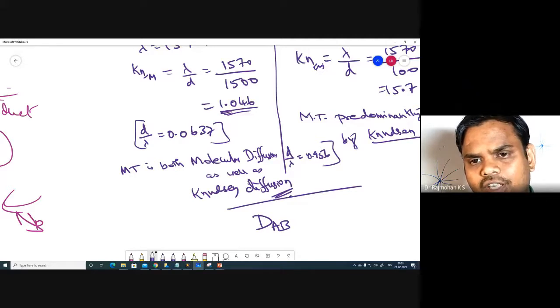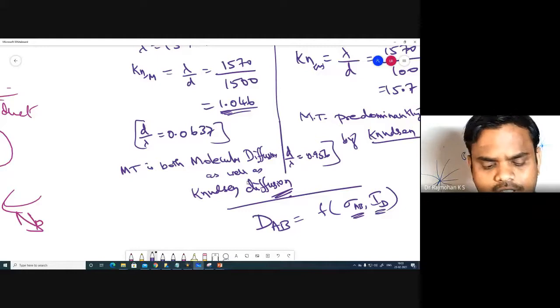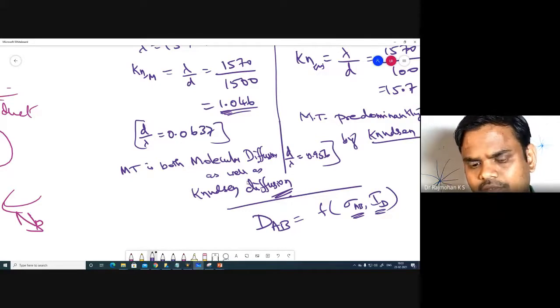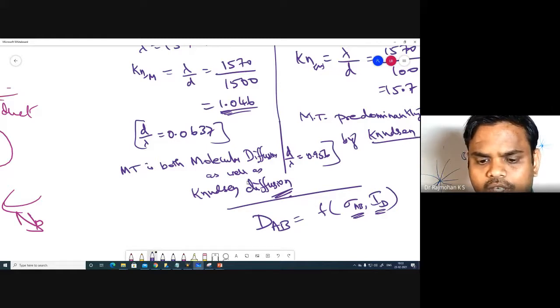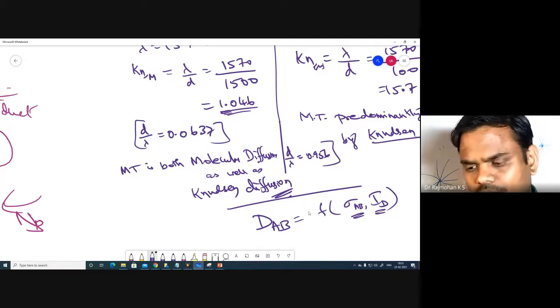Another stage is to find the DAB value using the empirical equation, where we need to make use of sigma AB and omega D. So to get the sigma AB and omega D values for these cases, we can first proceed to make use of the data given in tables 1 and 2. Okay, shall we proceed? Please write down whatever has been done so far. We'll proceed further.